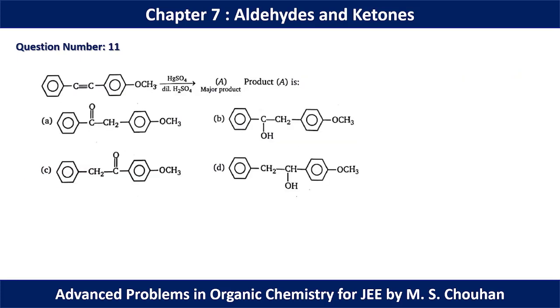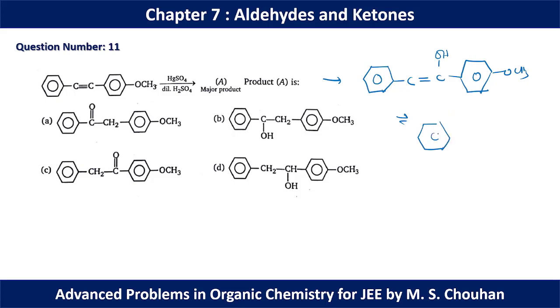In question number 11, we have oxymercuration demercuration reaction. Thing is that in which position the carbocation is more stable we have to see. So I am not performing the reaction mechanism here. So basically in the oxymercuration demercuration reaction the final product will look like this, then it will give the tautomer and finally we have a ketone here. Okay, so this is the ketone. Okay, so for question number 11, option C should be the correct option.